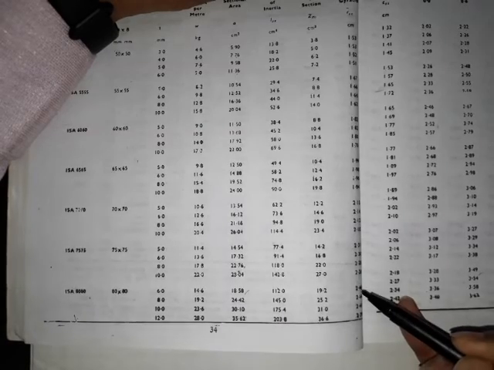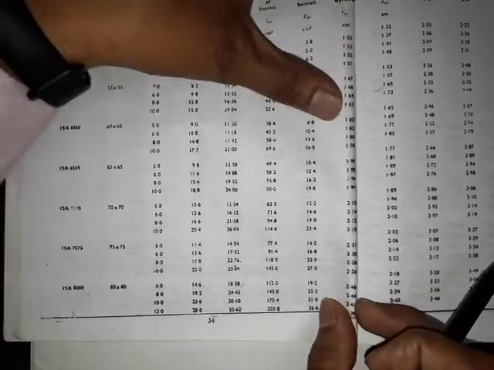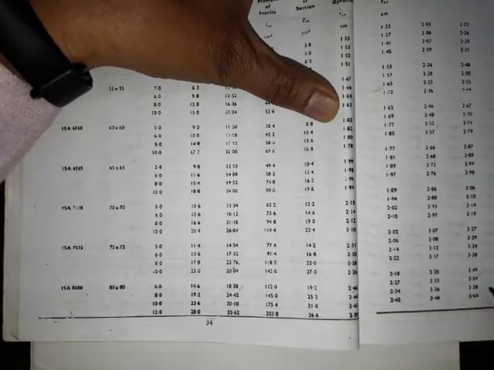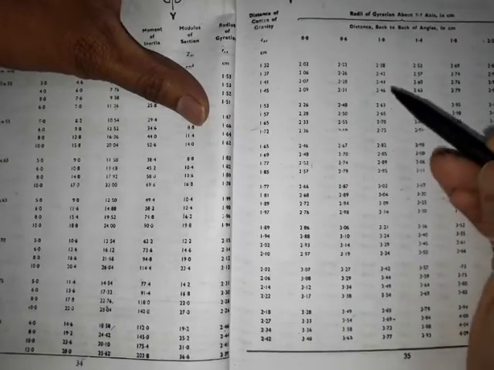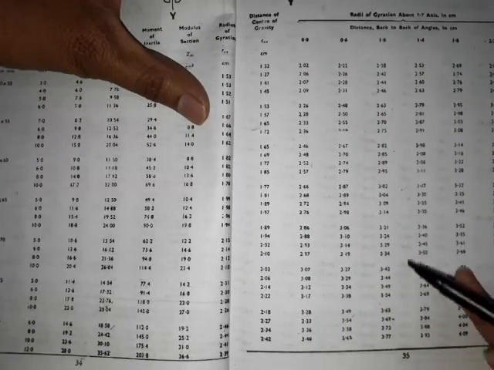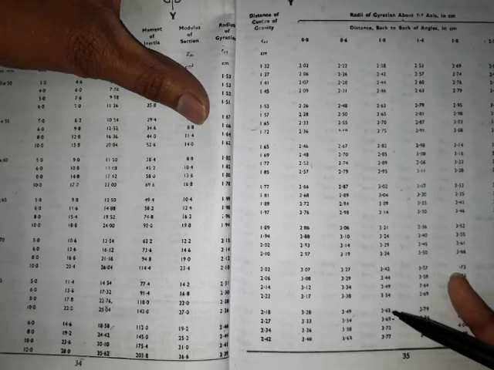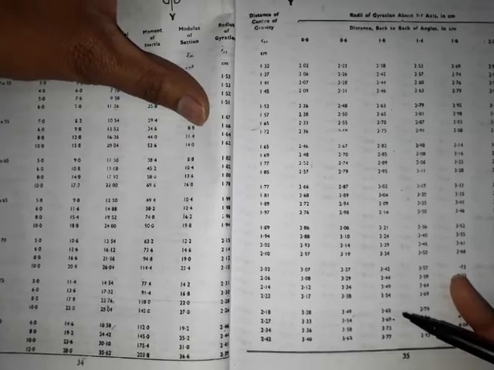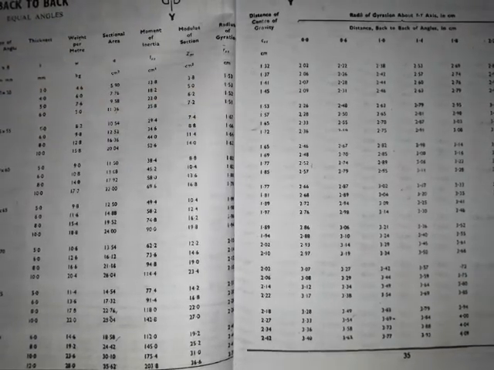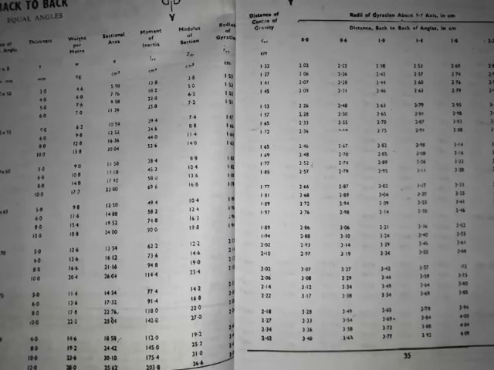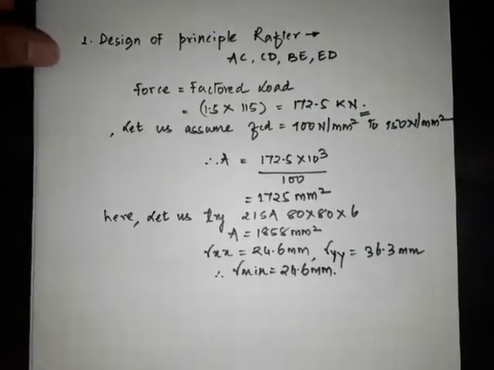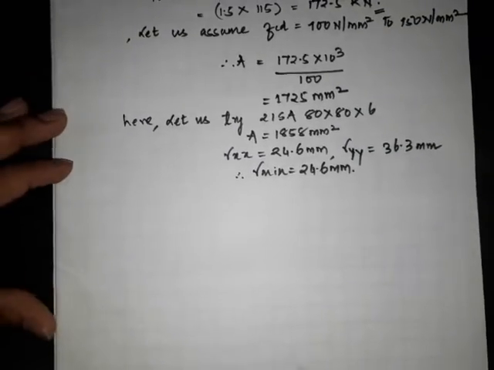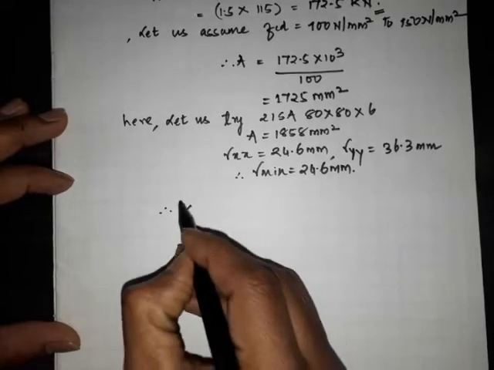Then we have here the radius of gyration. What you can see here, we have 24.6 and with 10 mm gauge plate here. So you have to check here. If you use a 10 mm gauge plate, you have to come down. So for this we get here 36.3. Okay, so it is 36.3, RXX RYY. Understood how to refer? I have explained in the first problem also. Okay, how to refer the steel table. Then after that calculate lambda, the slenderness ratio. Therefore lambda is equal to KL by r minimum.